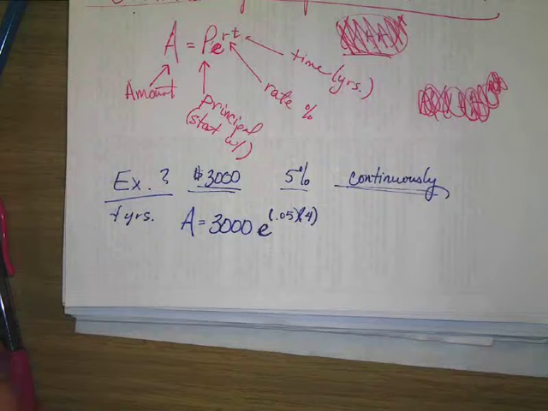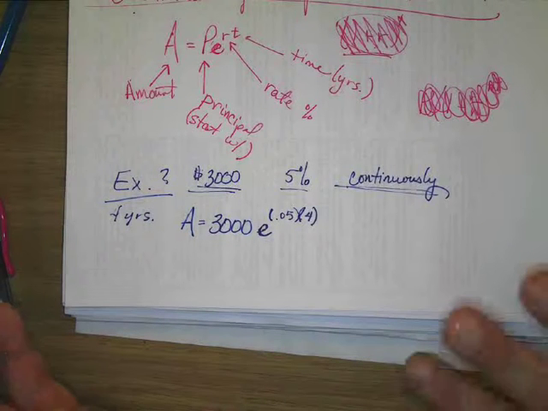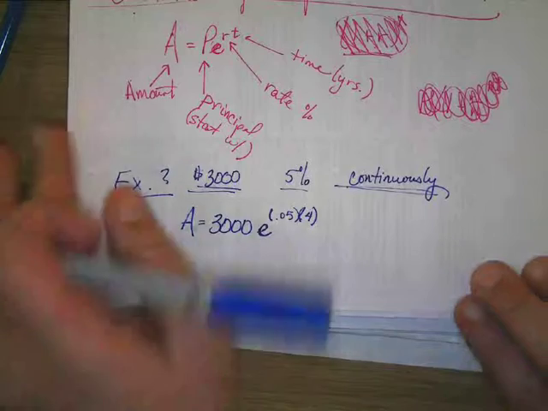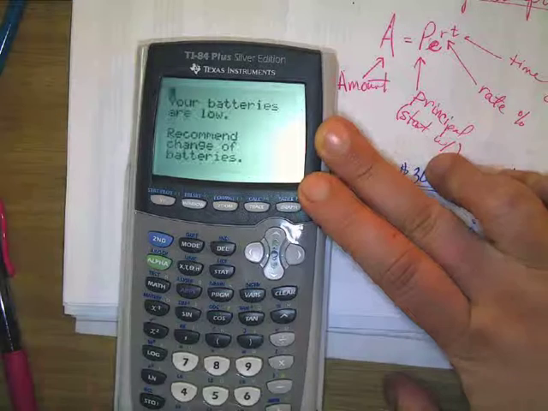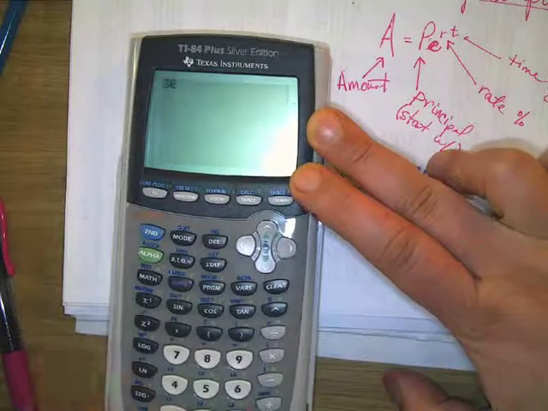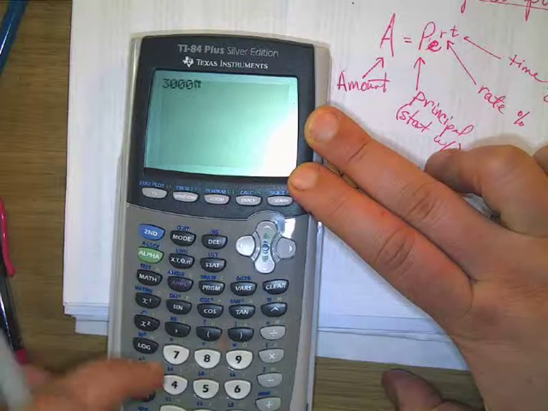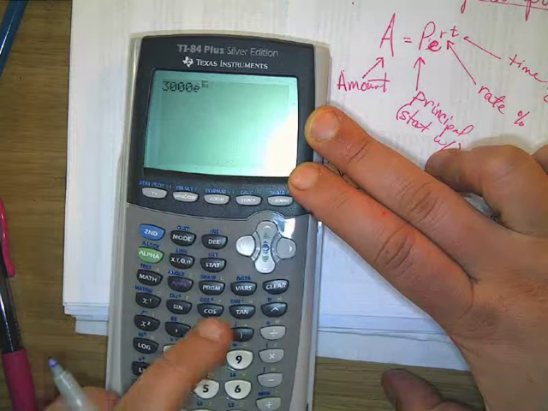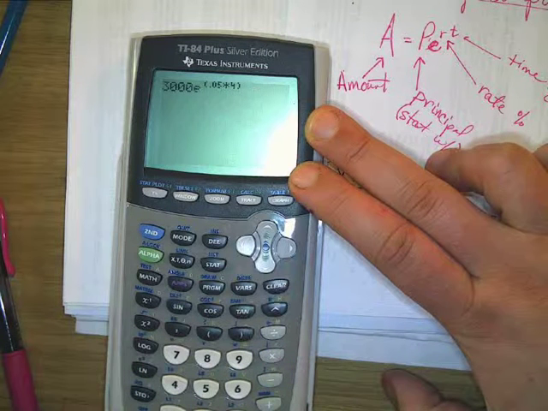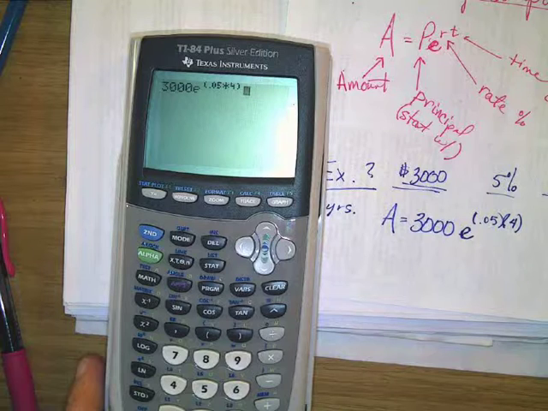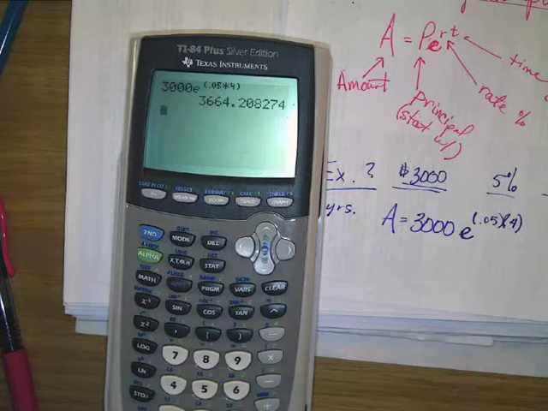So A is how we're going to figure out how much money we're going to make. No, we don't have to do this by hand. Hallelujah. Just put it in your calculator and go. So in your calculator, 3,000 times second e, and then in parentheses, 0.05 times 4. How much money did you make in 4 years? 664. Good call. We have a total of 3,664, but 3,000 is what we